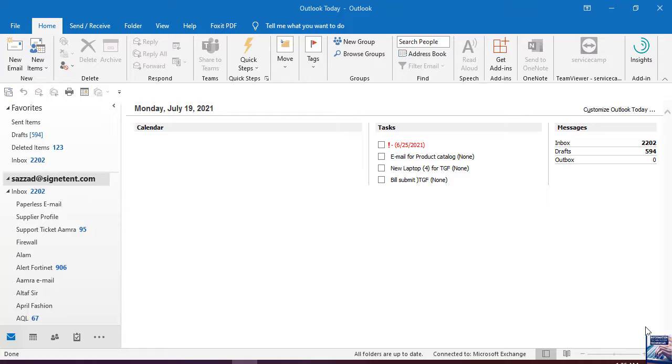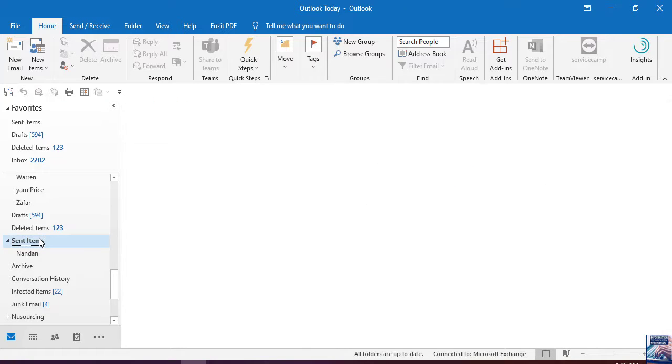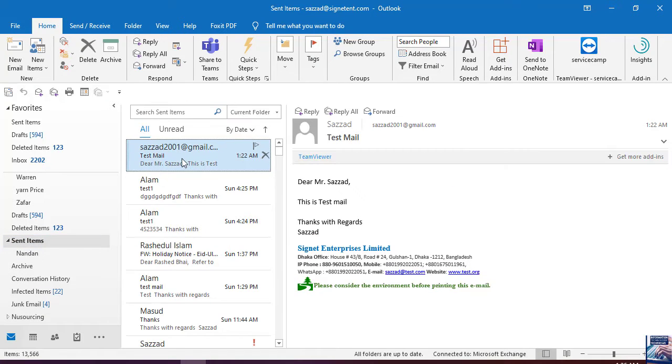Now to recall the sent email, we need to go to the sent items and find the sent email. This is my sent email. So you need to double click this sent email